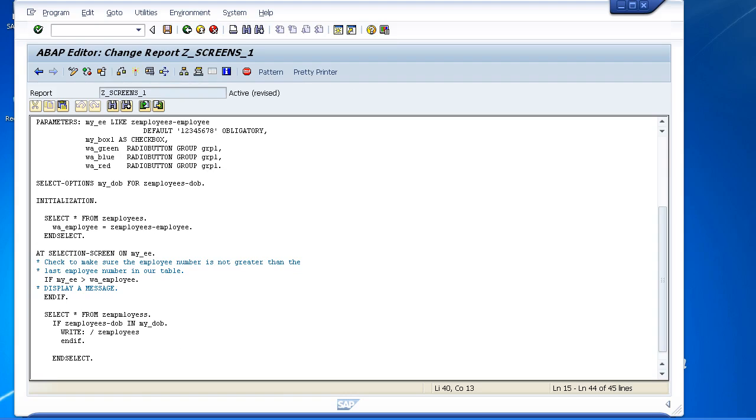So now we have this code. Just format it correctly. When did I put that full stop? There we go. So what this is going to do is select all the records from the employee file. If our date of birth